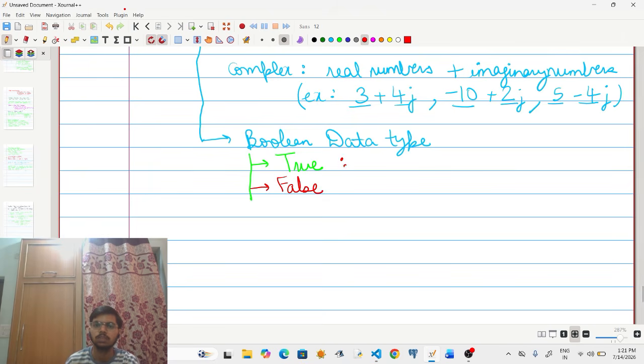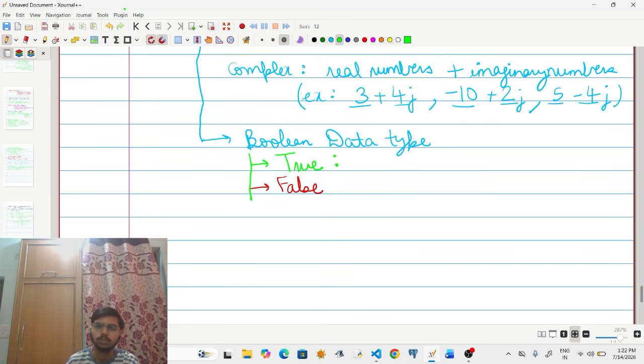It means whether a condition is true or false. You will learn that in programming languages there are conditions.